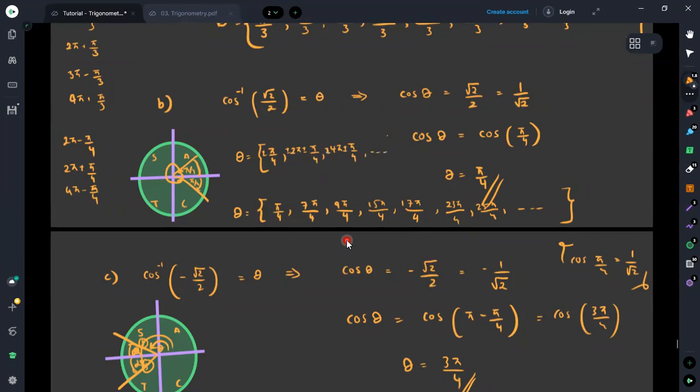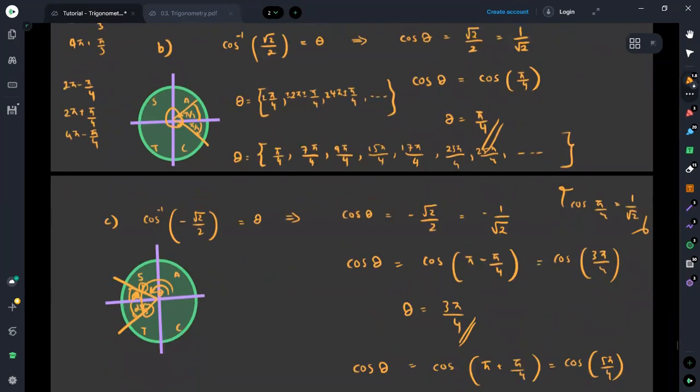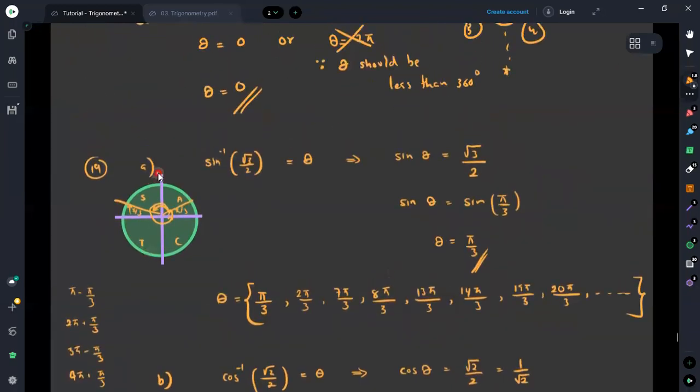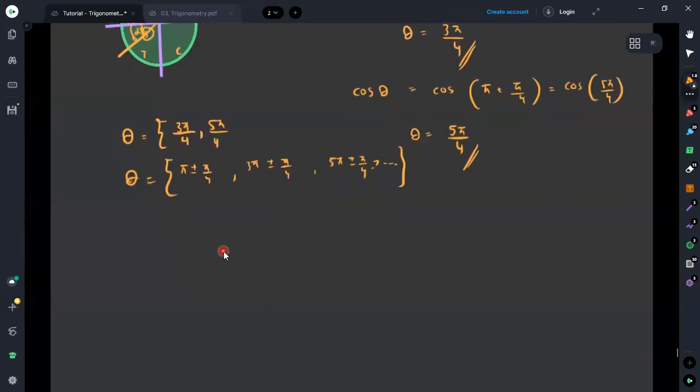Therefore, I'm not going to discuss them, but I'm just taking the primary solution in this session. In a similar manner, we can try for the next three questions as well, D, E, and F. Therefore, I will just take consideration of the first three parts of this question number 19 for the explanation. We have to follow the similar manner to find out the values for the rest of the equations mentioned in question number 19.